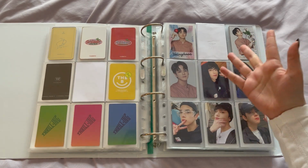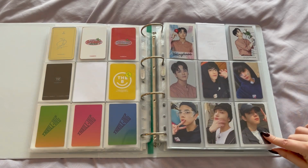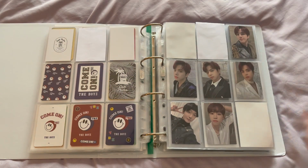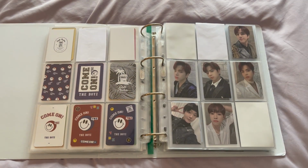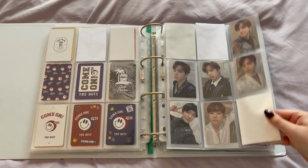Pocha, I'm not sure how to pronounce that, sorry, merch. I'm just missing one card for that. And then here's all of his Come On The Boys cards, and then we're into proper full-on merch drops. So this was the Road to Kingdom MD, special MD,